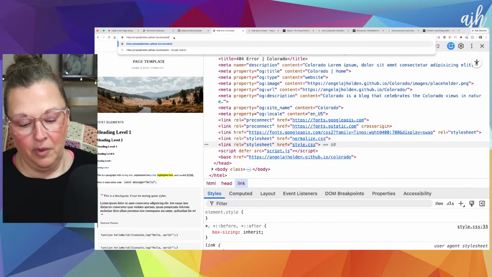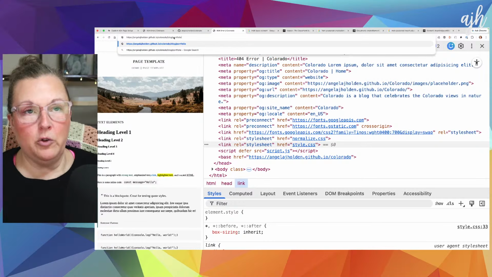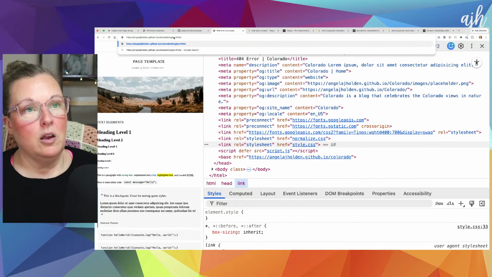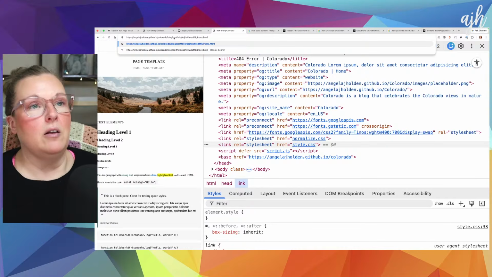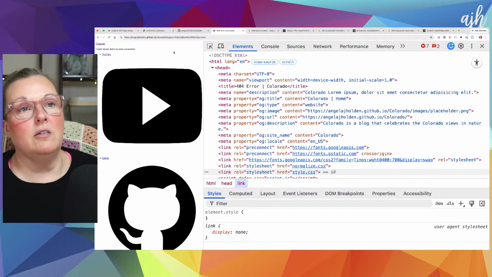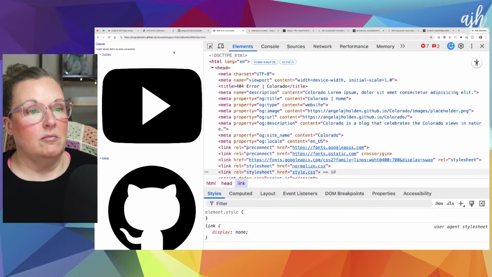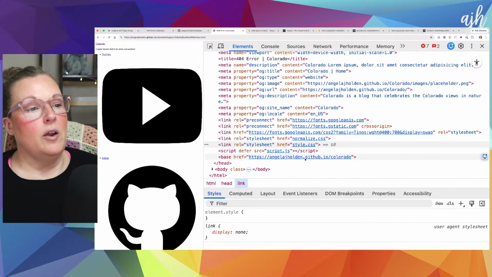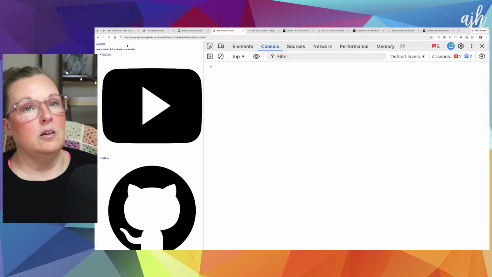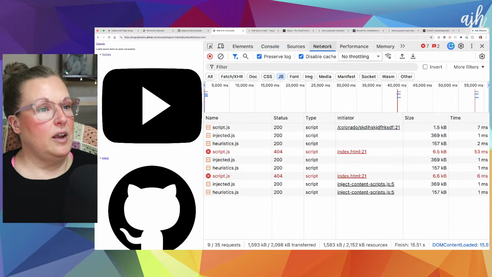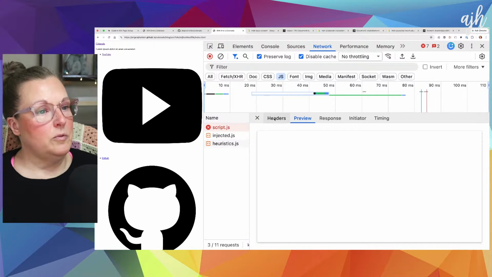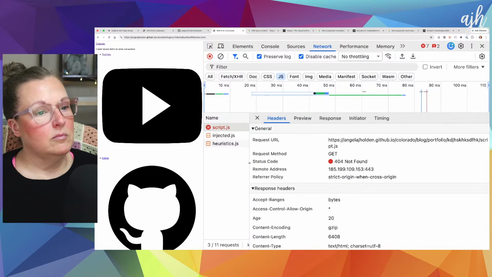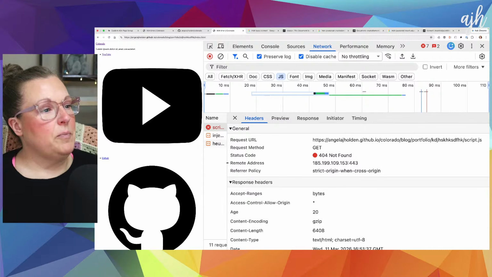So let's say it's blog portfolio, a URL that totally doesn't exist. Blog portfolio blah blah blah / index.html. Oh, that doesn't work. Okay, so it's still, we have our base URL set. So what is it trying to find? So here's the script. Well, if our base URL is set,